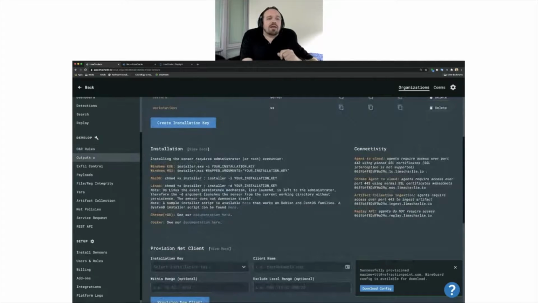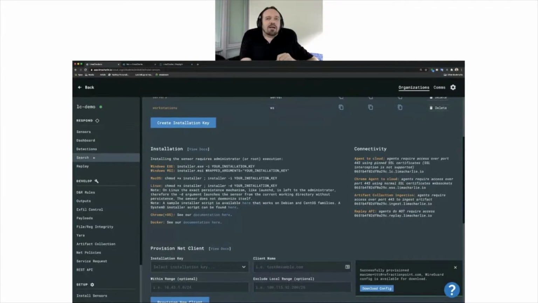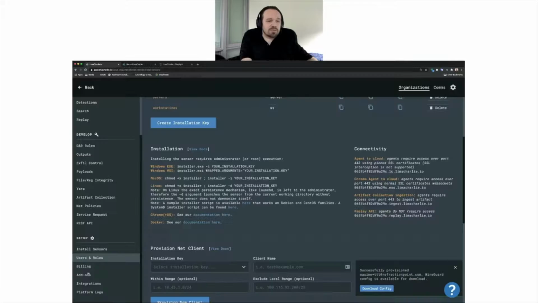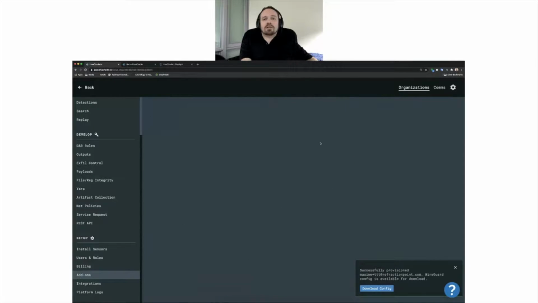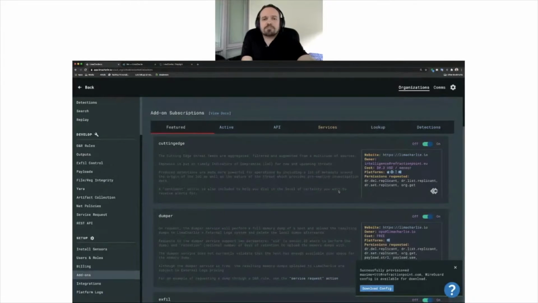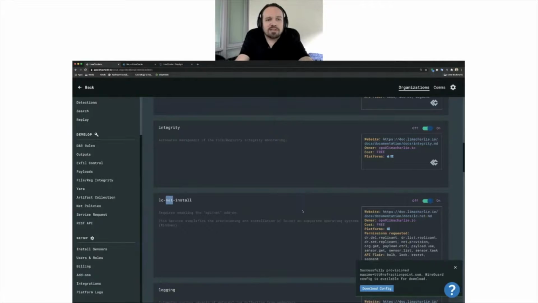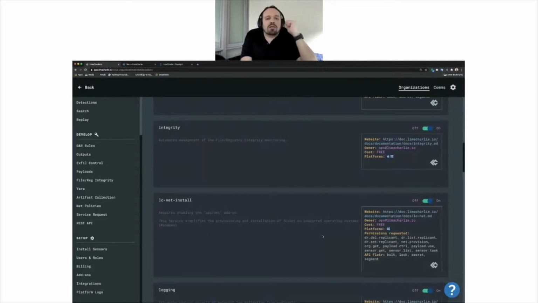We provide a convenience service that you can enable for your organization. So if you go to add-ons and search for net, it's LC Net Install. This service right now only supports Windows, but it will allow you to transparently upgrade your